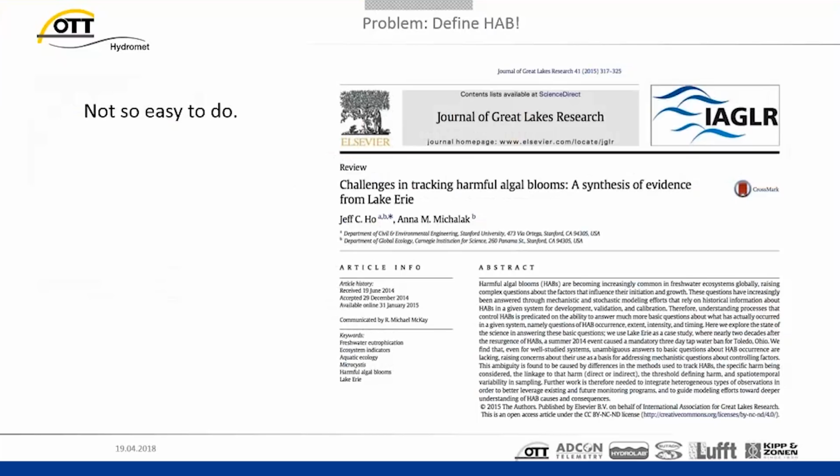Okay, so defining a HAB, a harmful algal bloom, is not as easy as one might think. This is a paper that was published in the Journal of Great Lakes Research a couple of years ago. It actually deals with the 2014 situation in Western Erie. What's really cool about this paper is that they go into depth in the introduction on exactly what a HAB is and the different metrics and considerations that go into calling something a harmful algal bloom. This is really a non-trivial point because